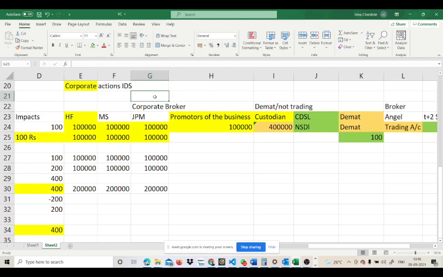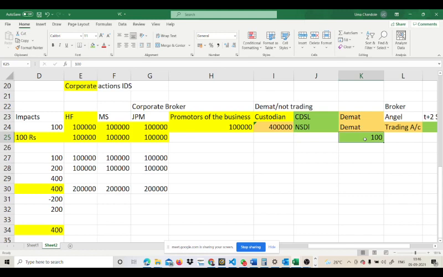Once you do the trade, the brokers are entitled to transfer all the securities into the custodian's account, right? So it means eventually all the positions will be with the custodians. When a corporate action is announced, here also you can see the number of positions will change accordingly. And if you want to transfer the securities to anyone, you will have to send the instructions to the custodians. If you want to sell, even as a retail individual investor, suppose you are looking to sell